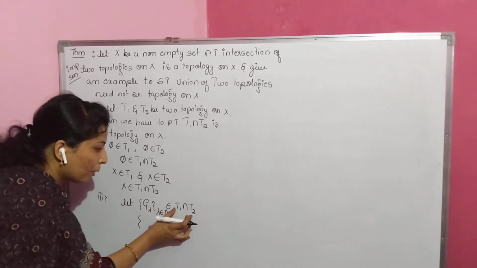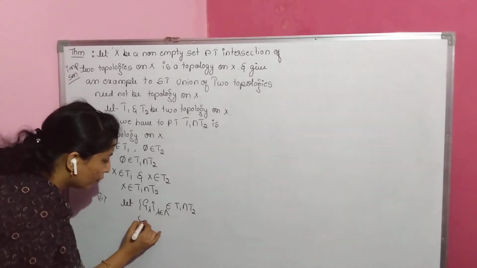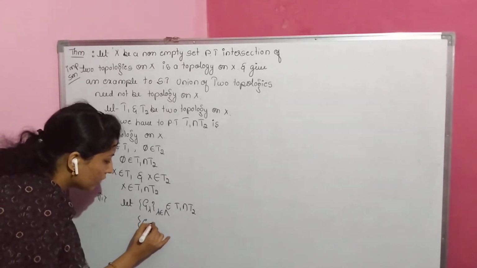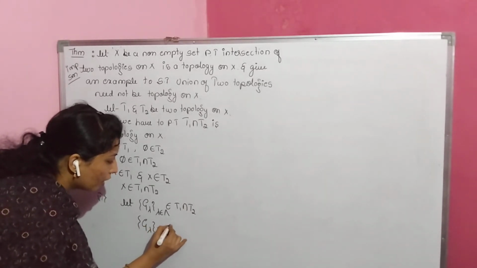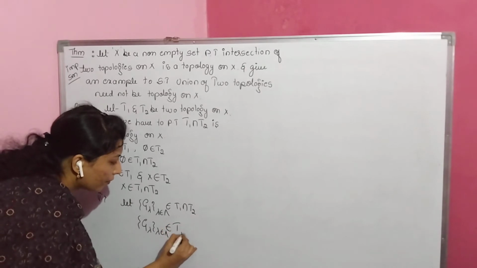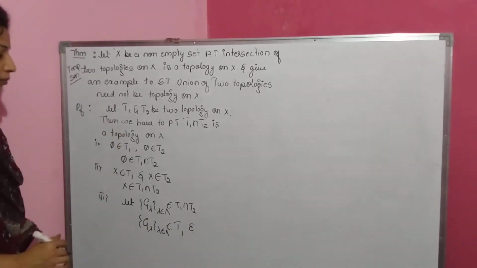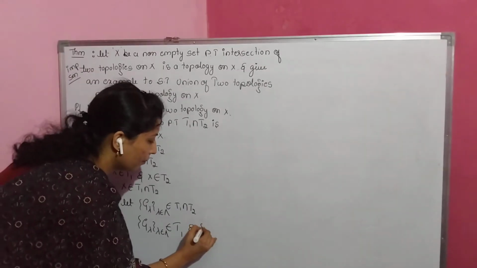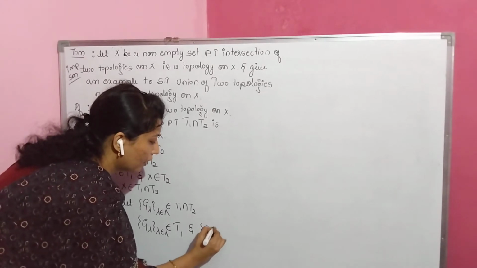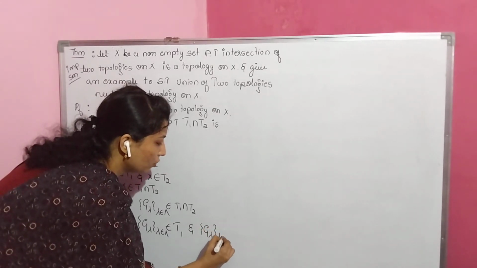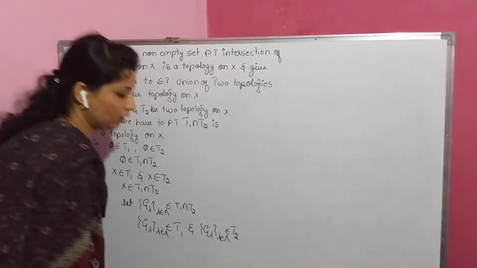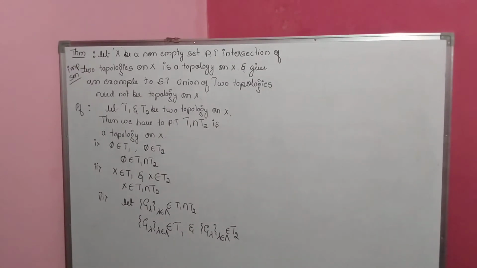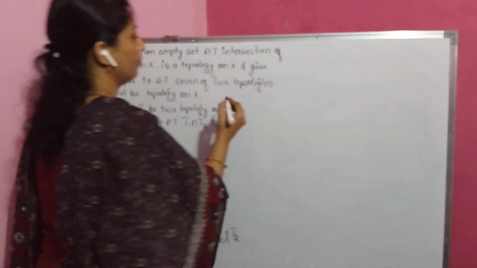G lambda is a common element for T1 and T2. Therefore, we write particularly G lambda belongs to T1 and G lambda belongs to T2. It means union